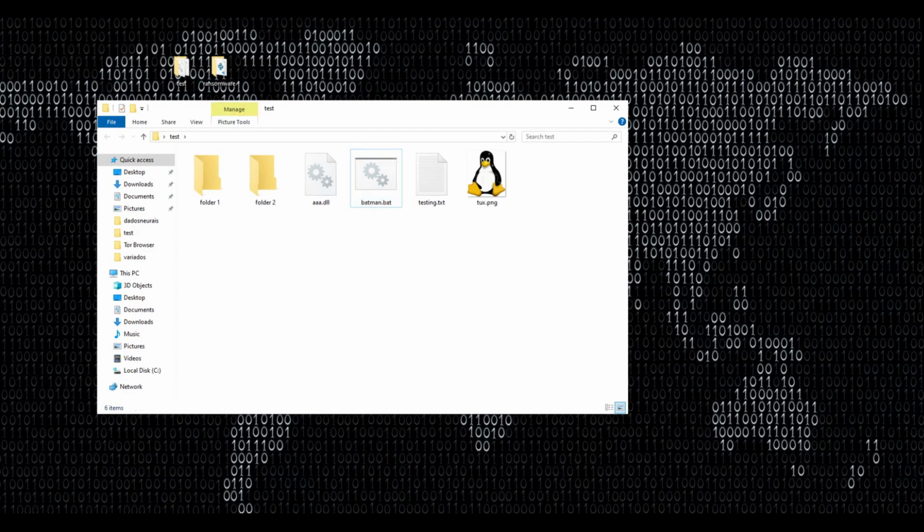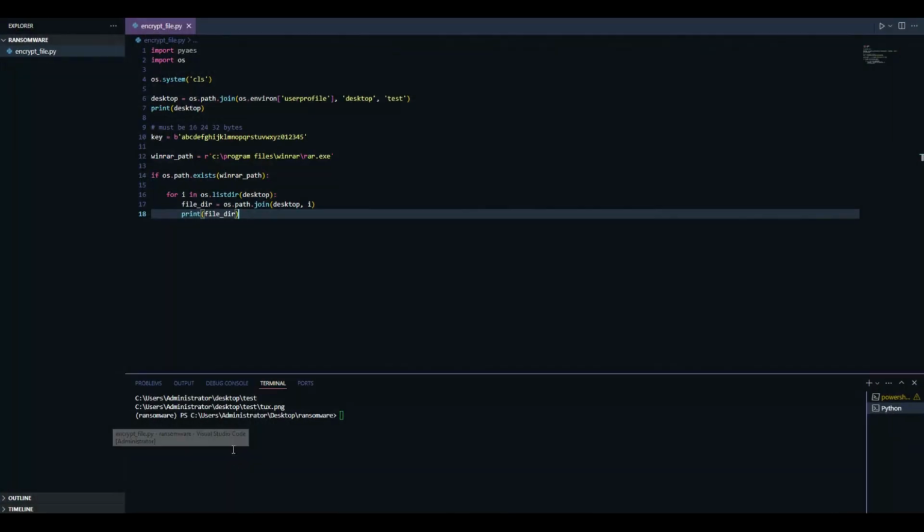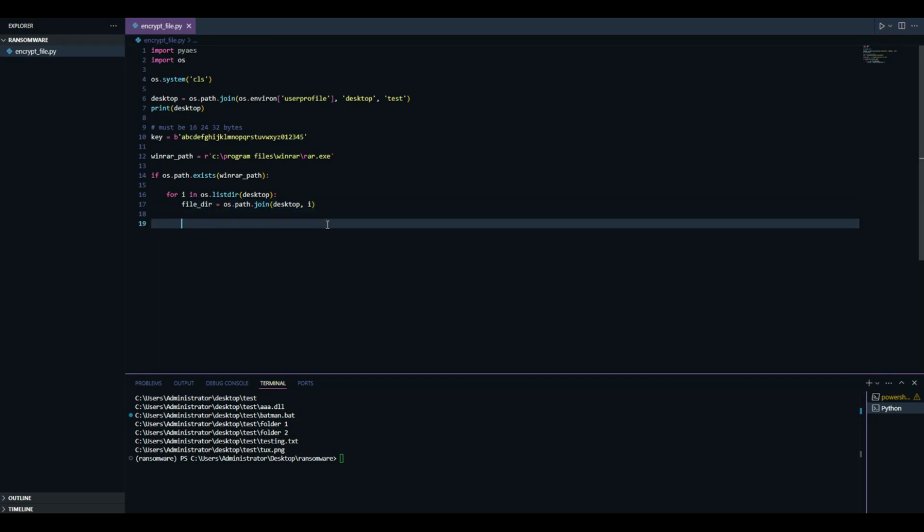There it is. We have some files already. Now there it is, the files. It's running okay. Let's remove the print. Okay, now I'm going to see if something inside is a directory. So if os.path.isdir